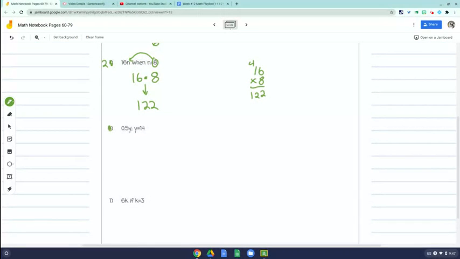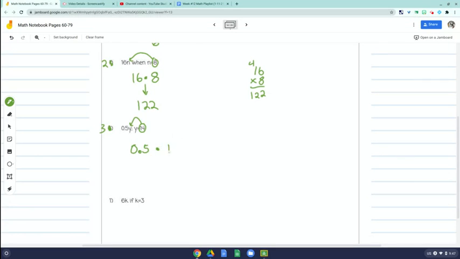Number 3 is the next one. We have 5/10 y when y is 14. So just like I've been doing before, I'm going to take that 14 and plug it in for y. And of course, we've got a number next to a variable. It's going to mean multiplication for the operation there. So 0 and 5/10